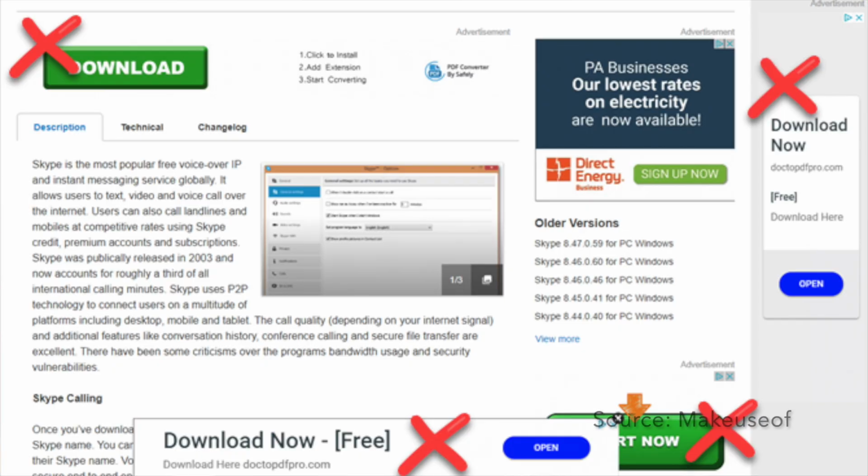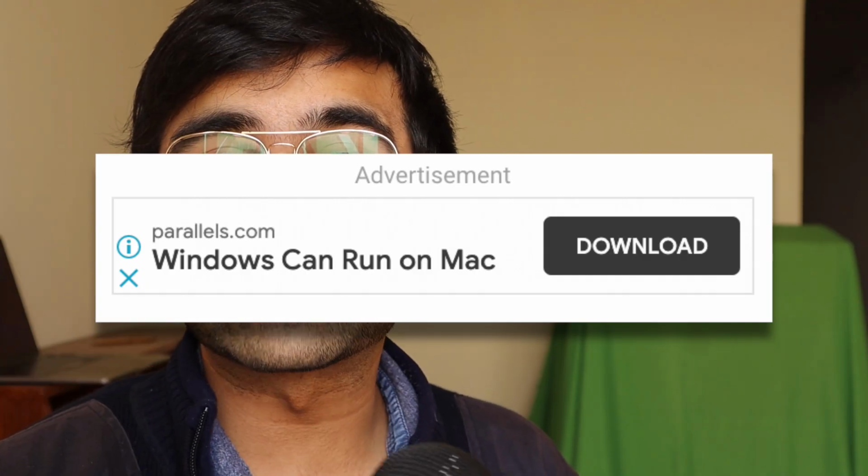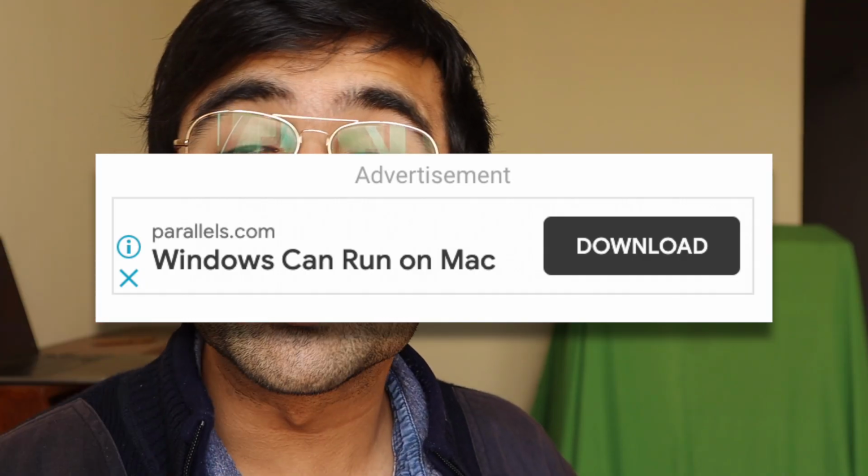Now, one of the most common ones are disguised ads. It has happened with me so many times that I try and download a software, but on that page there are 500 download buttons. Now, which of these download buttons is actually real, or which will actually help me download that software? The answer is one out of those hundreds of buttons laid out all throughout the website. And it almost feels as if it's a part of the website and not an ad.